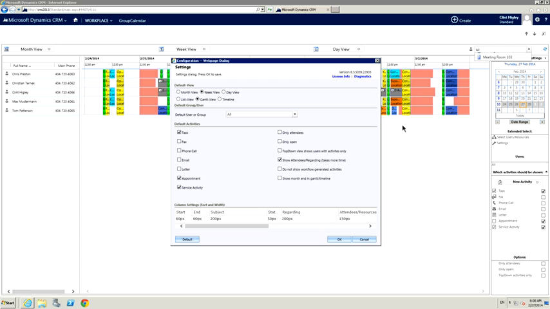So going back, these are our settings here. The nice part about this is, each person's different. They want to view the calendar differently. Group Calendar gives them the option to set this up. So they can set up the default view any way that they want to, define what default user or group they're going to be taking a look at, and then also their default activities that they want to be showing